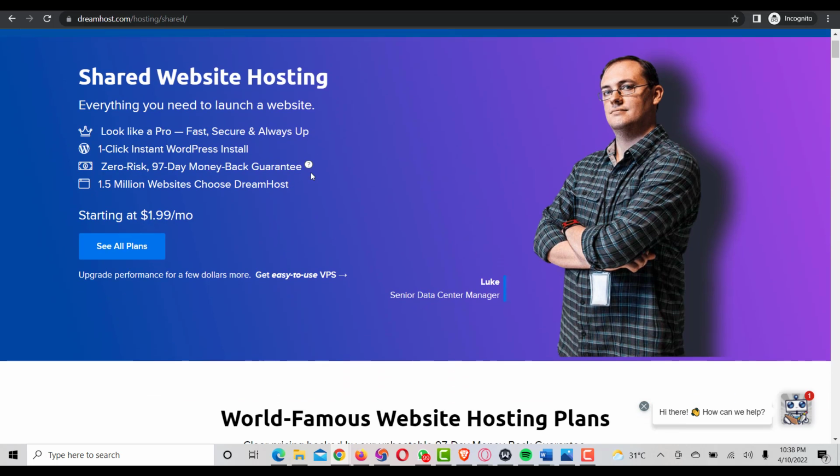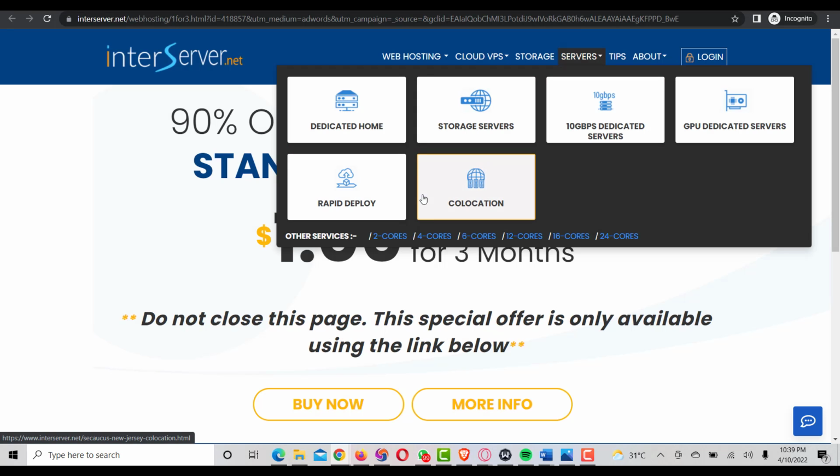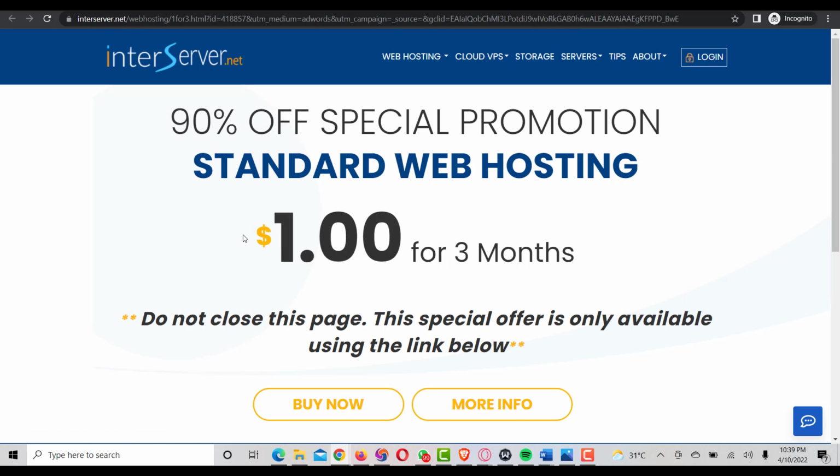So this is the third one we'll be reviewing on cheapest hosting under $1. Maybe that is not actually under $1 though, but I guess it's worth adding DreamHost to the list. So moving on to the next is Interserver. I've been seeing this host for a while, so I guess I should just add it to this